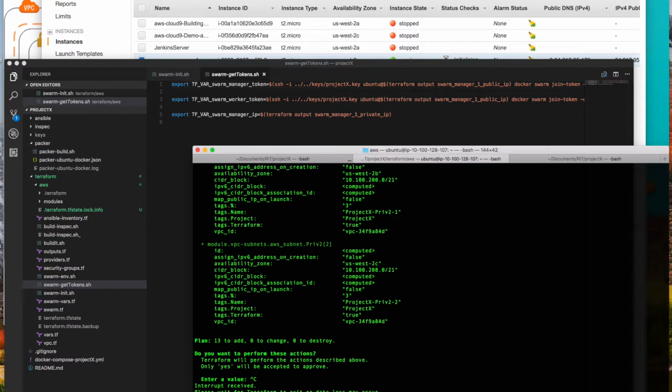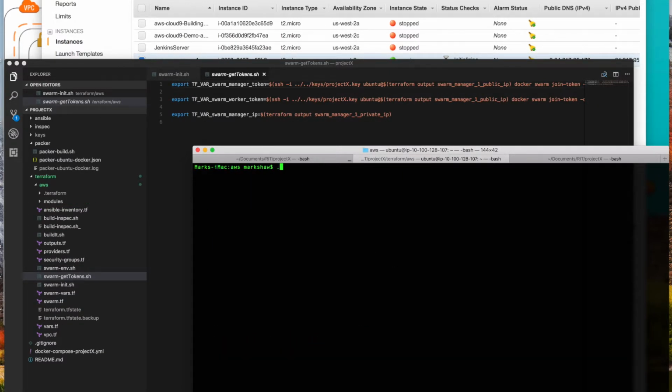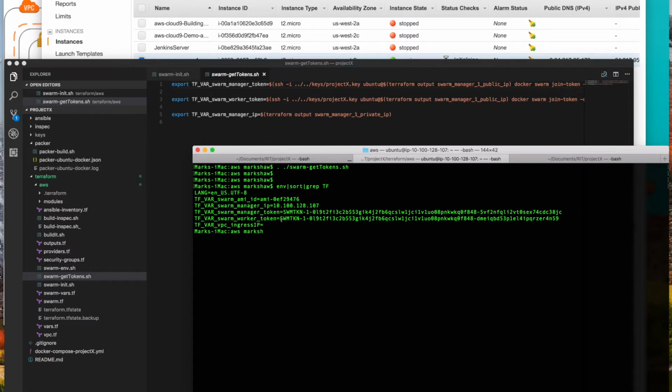So let's break that, and we will execute swarm get tokens. And if we were to check our env, we see that the swarm tokens have been retrieved. They're in the environment and are now usable by Terraform. So if we now run Terraform again with apply,